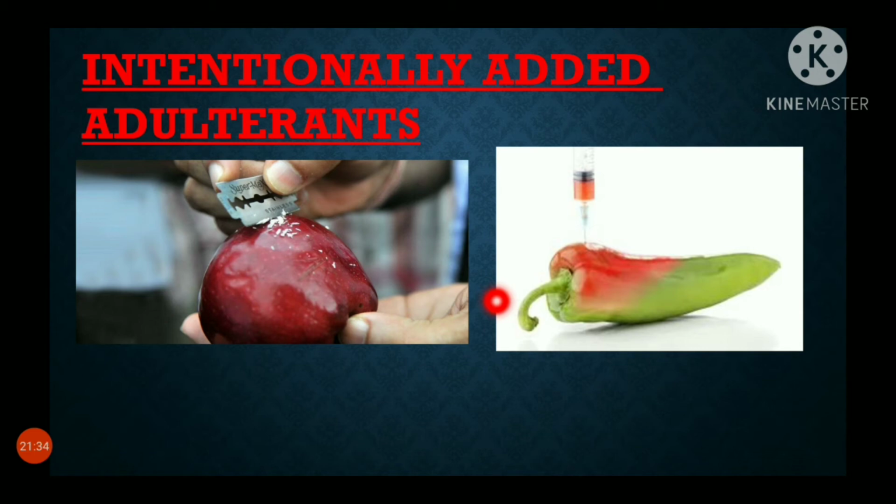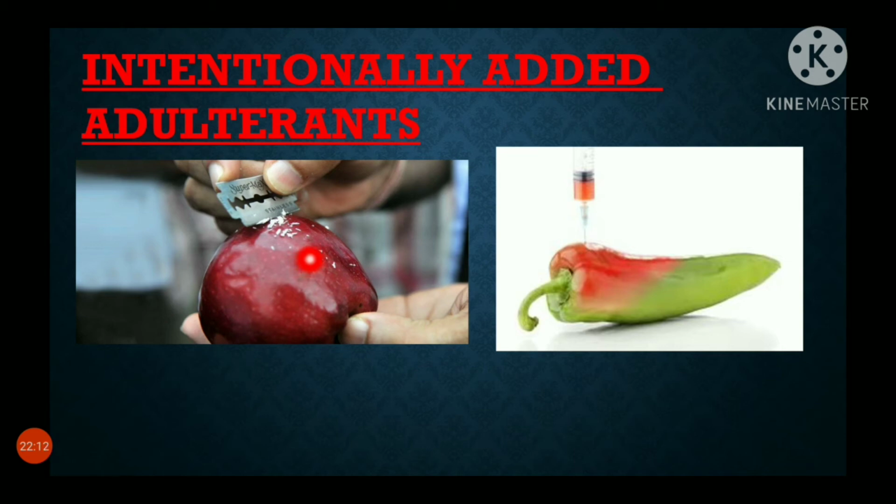Non-certified food colors containing chemicals. Food colors are used in the food to attract us. That is also very unhealthy because they are doing that. Wantedly they are adding food color to the food which makes us think it is very tasty. It gives taste. If you go on eating that, it will give you a health illness. Edible synthetic wax. Synthetic wax is added to the apples. When you buy apples which are very shiny, come home, if you wash with the water, the water will not stand on the apple.